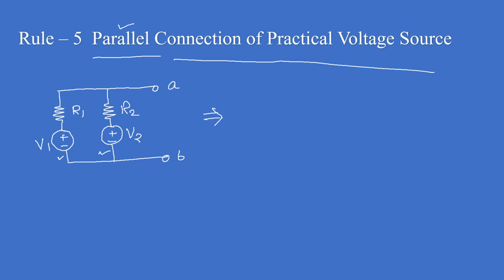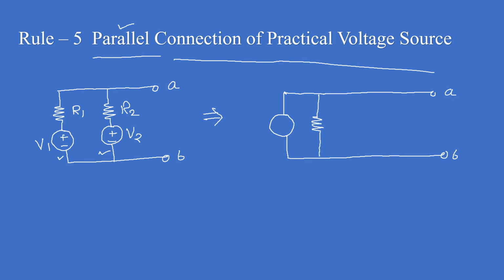Okay, so when it is a parallel connection, all sources must be current sources. So it is very easy to convert this voltage source into a current source just by using rule number 1. So what I will do now, I will convert this first voltage source into its current source. Okay, so this is the B point, this is the A point. So this is the conversion.